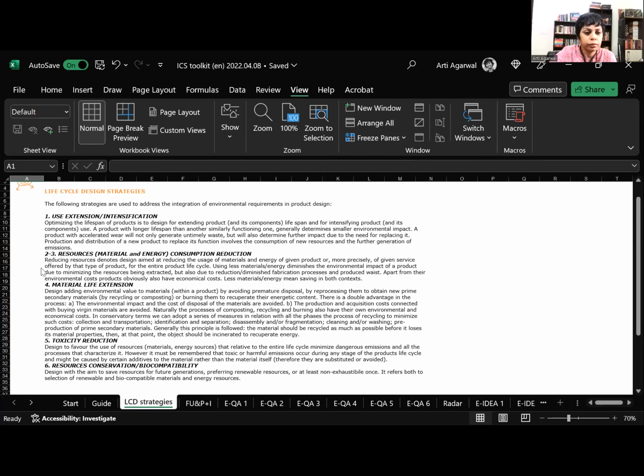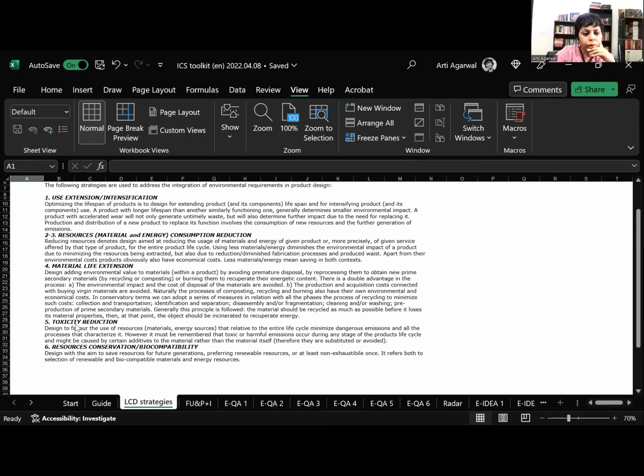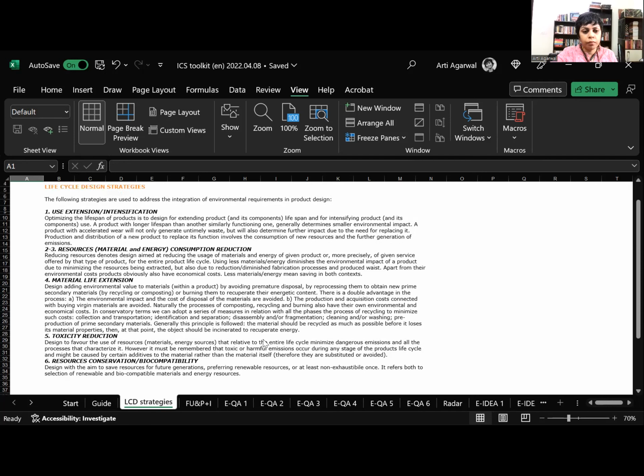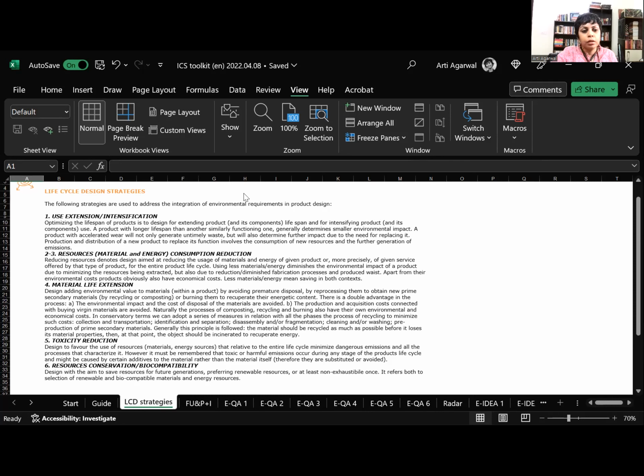Fourth, no, they combined it in the tab. It still says 2, 3. I don't know which one she's merged, but anyway. Material life extension is extending the life of the parts, materials, all that. Then there is toxicity reduction, and of course resource conservation and biocompatibility. So we've discussed these multiple times, so I don't think these categories by themselves require too much explanation. I'll just start with what the toolkit does. So the toolkit sets these 6 criteria for your